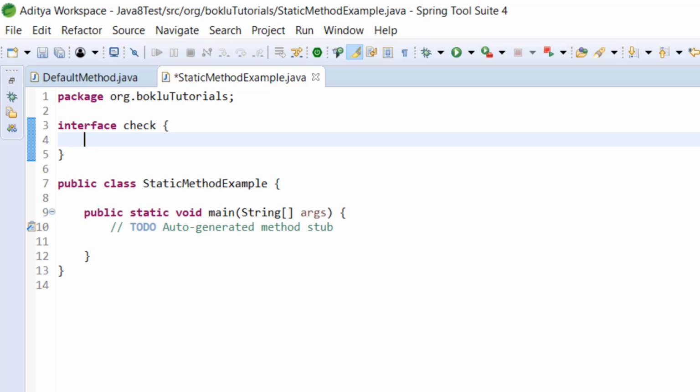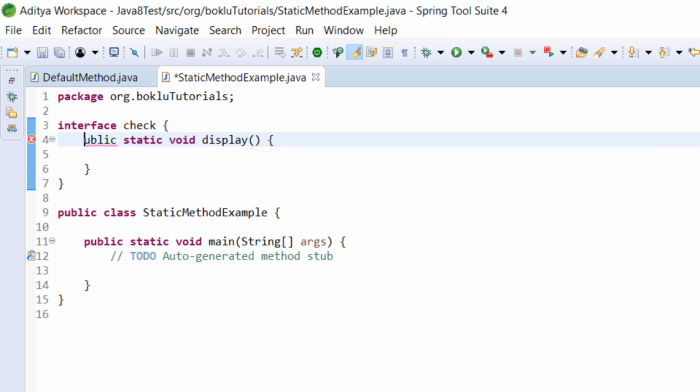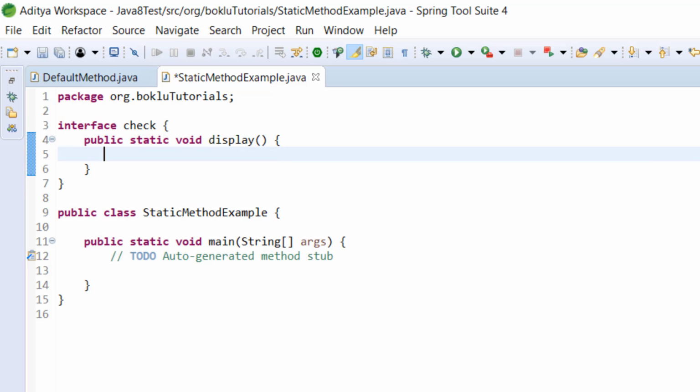So in this example we will take access modifier as public, static keyword, return type, this time it will take void only, we are not going to return anything, and method name, let's say display. Function parenthesis. In this example we don't need any arguments, so we will not provide any arguments, and here we are going to write our implementation.